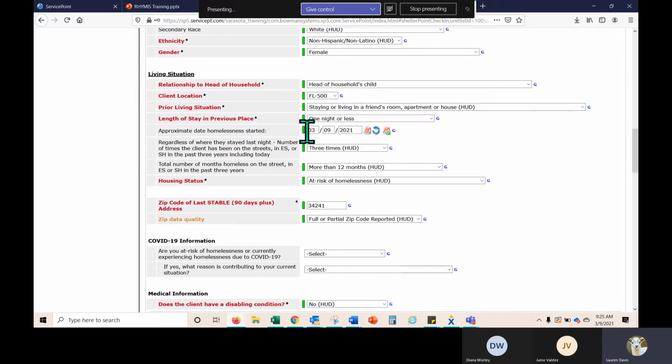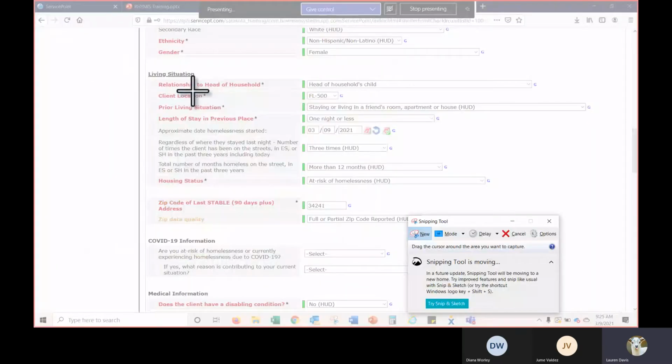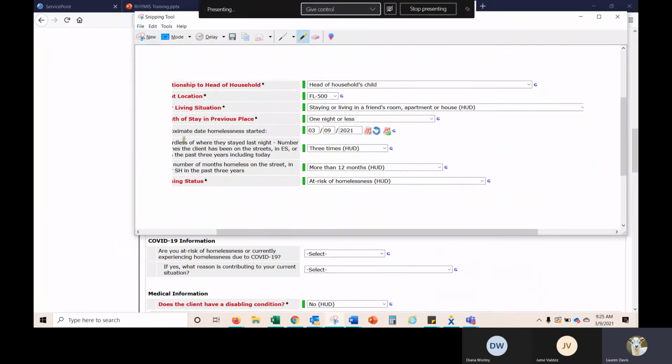And their approximate date homelessness started is today, but I don't know how this would even run consistently. So I'm going to circle back to you on that.